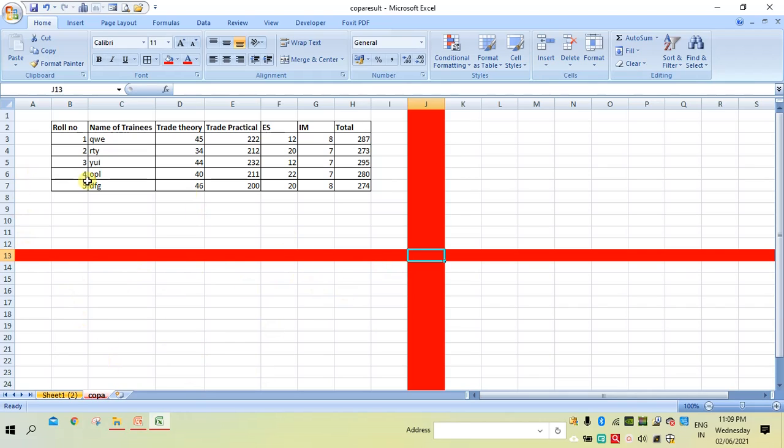In this way there are a number of cells, and each cell is holding a value. For example, here it is holding the value trade theory. It is holding 34. It is holding some value here. Like that, each cell has some value.